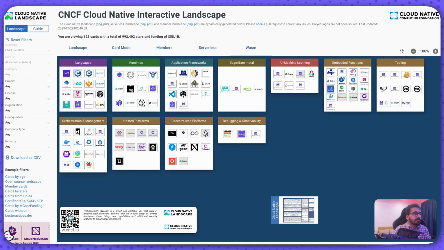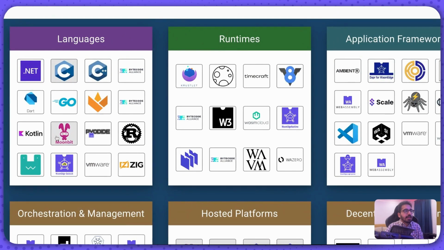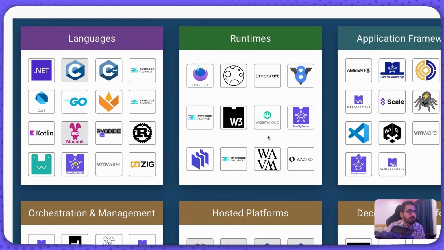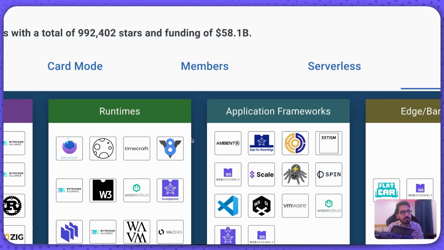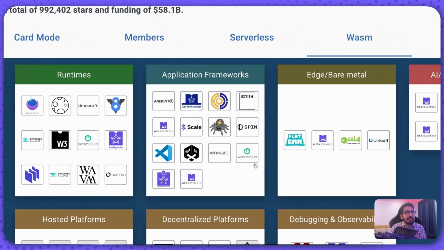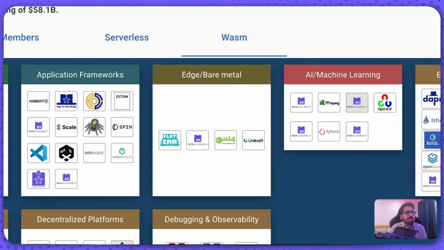You can see a lot of things, like different sets of languages. You have Wasm-specific ones, Grain, and all the other languages which are there. Then you have the runtimes, which are the core essence of the WebAssembly ecosystem. You have WasmEdge, Wasm Cloud, Wasmer, and so on. Then you have the application frameworks that make it easier to build in the WebAssembly ecosystem, like Extism and Spin, which are the very popular ones. And then you have the edge and bare metal, AI and machine learning section, and observability